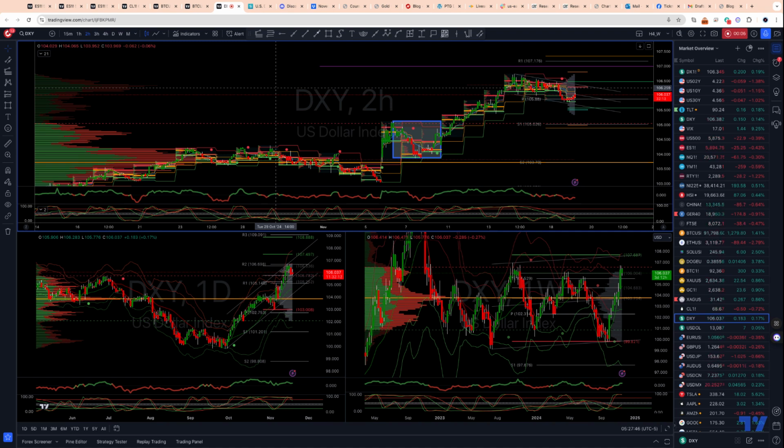Want to take a look at the dollar index, the euro dollar, and sterling as we head into the back end of the year here and look at some potential setups to trade as we close out the year. Starting with the dollar index, before I jump into the charts here, I just want to pull up